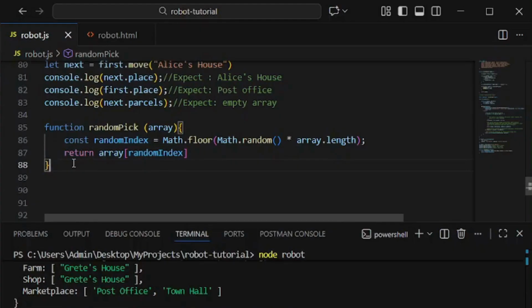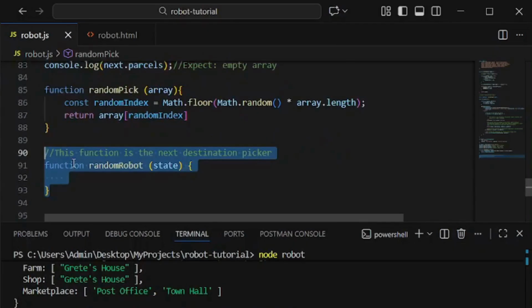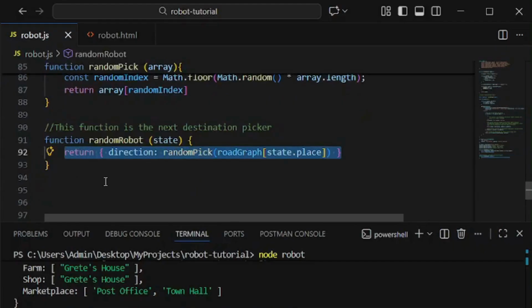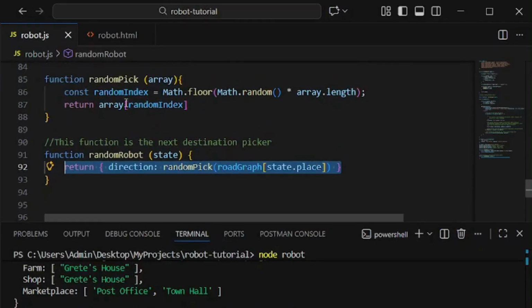Now after this helper function, we are going to create the randomRobot function, and this randomRobot takes our state as its parameter, and it will return an object which will have one property called direction, and we will be using our randomPick function here to get a random place that can be reached